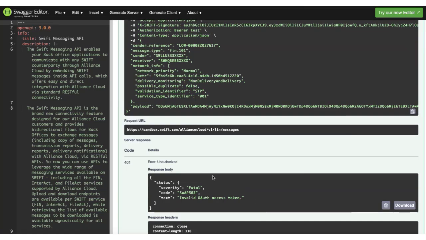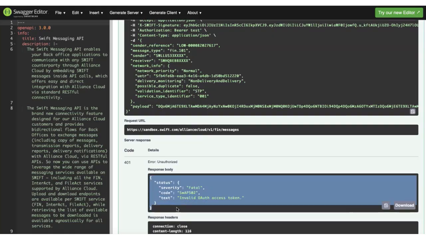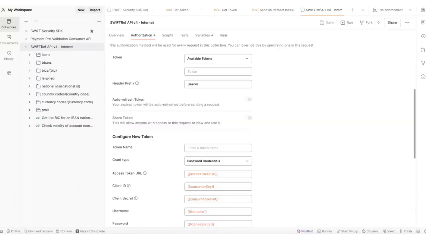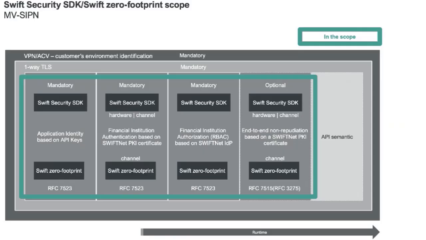But Swift API Sandbox is saying 401, sorry, I don't know you. I don't know who you are, right? And that's a fundamental limitation of Swagger Editor, which you will be facing if you try to learn enablement APIs, right? To understand what's happening, we need to open the slide deck, which is available already on Swift Developer Portal, explaining to you the security model of